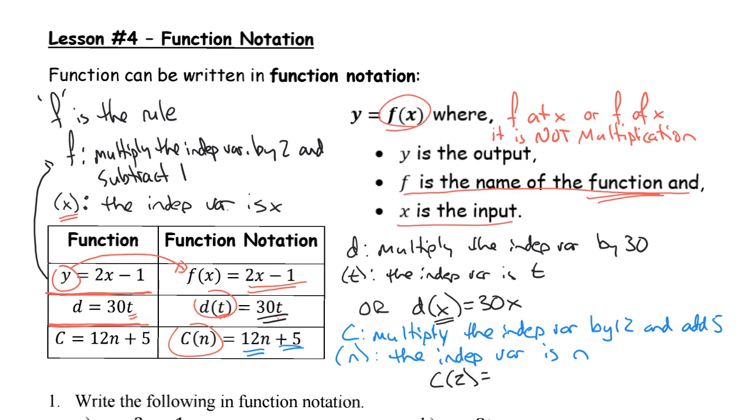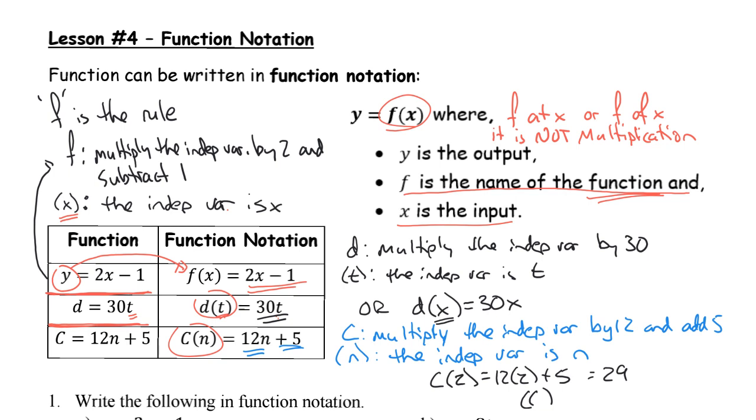Multiply the independent variable, 2, by 12. So I get 24. So this is going to be 12 times 2. And then add 5. So 12 times 2 is 24, plus 5 is 29. So now I've got this little expression here. Okay, C of